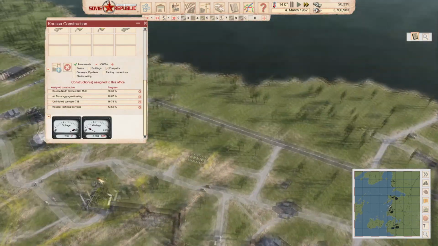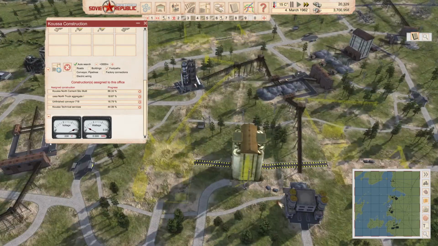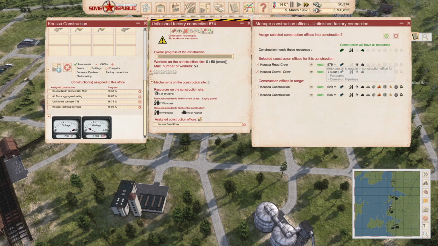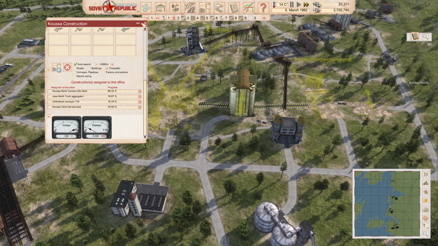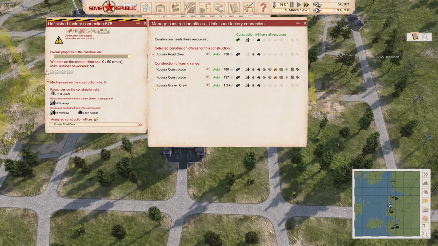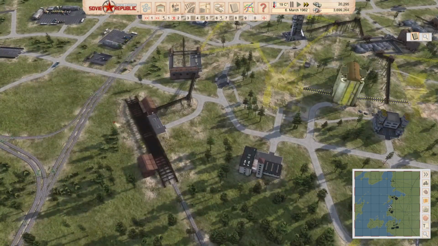You've got jobs to do. You've built the silo now. I understand why. Actually, if we assign you to gravel crew as well, you might be able to give a bit of an assist with that. Probably maybe the same with this lot as well. If we can get the cement plant working,